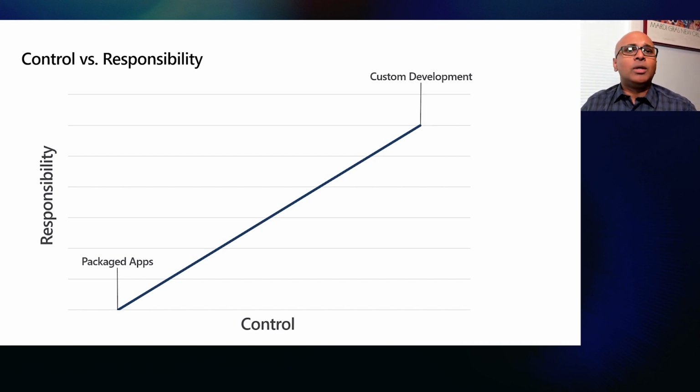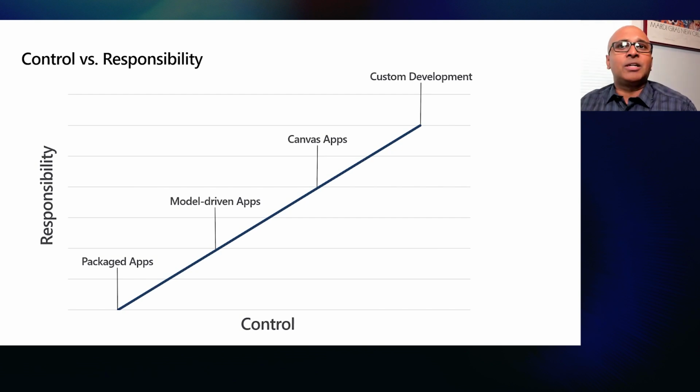With low-code capabilities like Power Platform, we enable the ability to do this across the spectrum. We provide the ability to behave like a packaged app, but at the same time, you can also do custom development there as well. And in the middle, you can leverage a bit of both. You can have some of the packaged app capabilities, but at the same time, have custom development capabilities through things like Canvas app, model-driven app, through automated flows, through Power Automate, and so on and so forth.